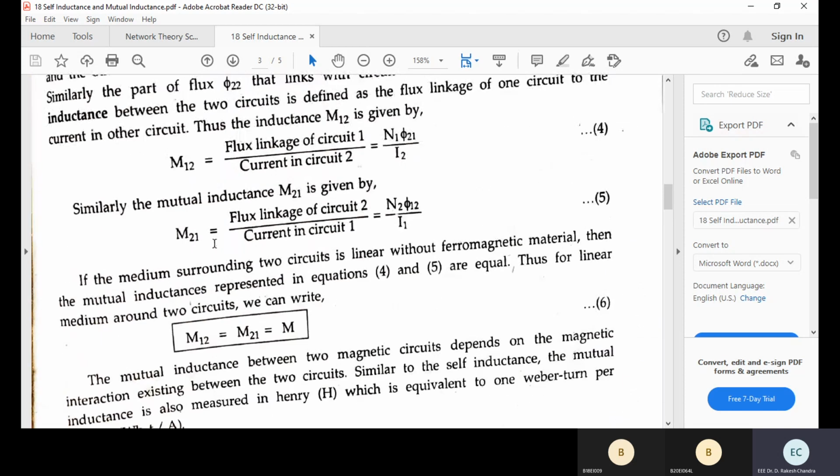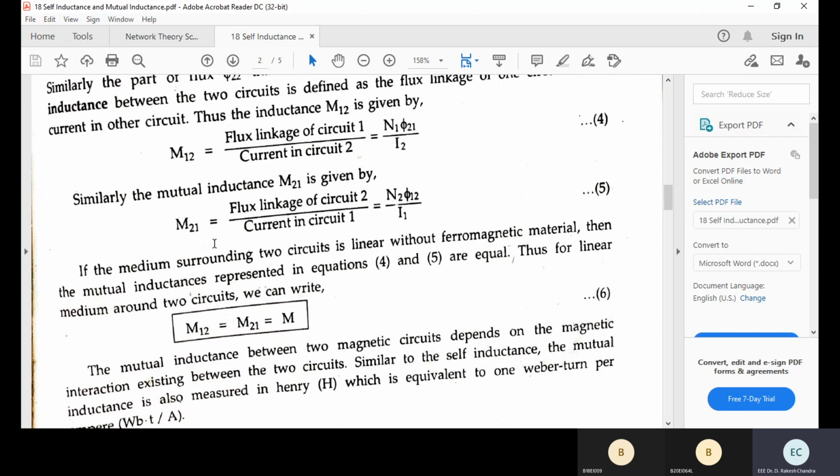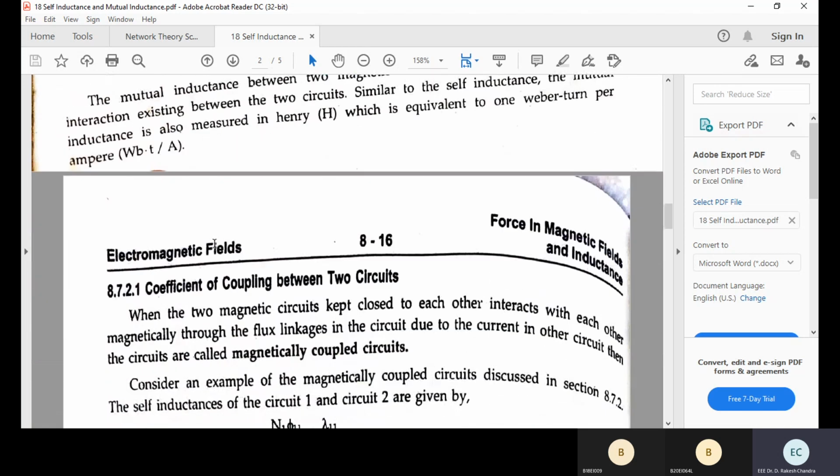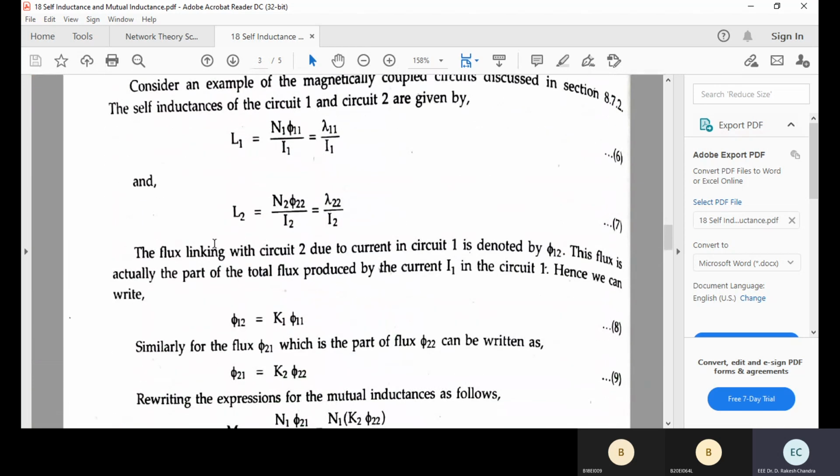N1 phi21 by I2 or N2 phi12 by I1, these are the magnetically coupled circuits. So what is self-inductance? The current in the same circuit, flux in the same circuit: N1 phi11 by I1, which is lambda 11 by I1. In coil 2 it is N2 phi22 by I2, which is lambda 22 by I2. The flux linking with circuit 2 due to current I1 in circuit 1 is